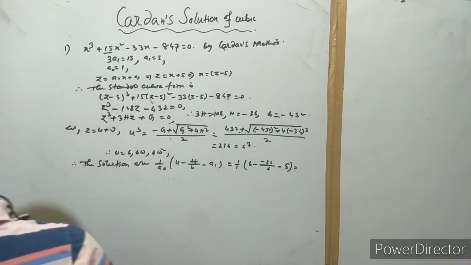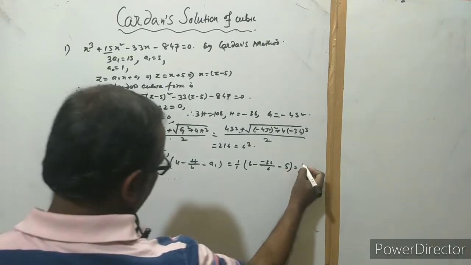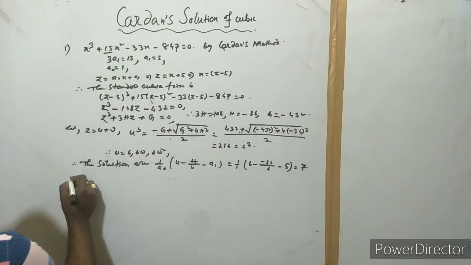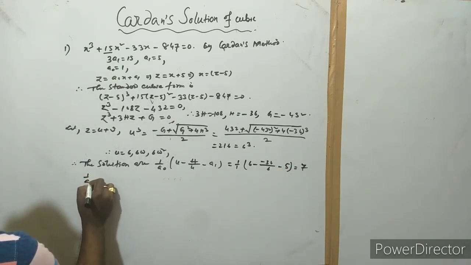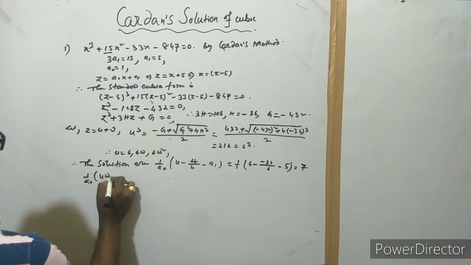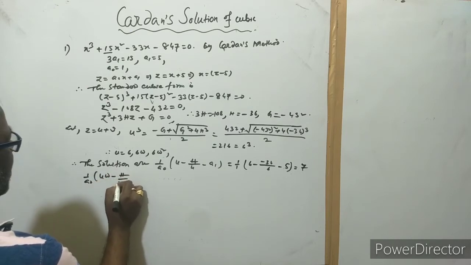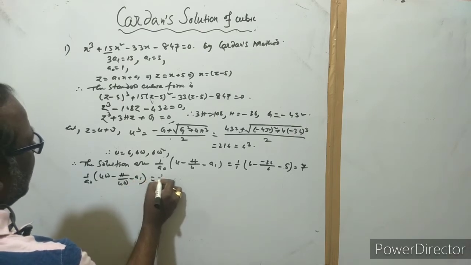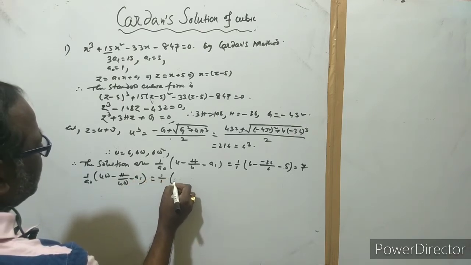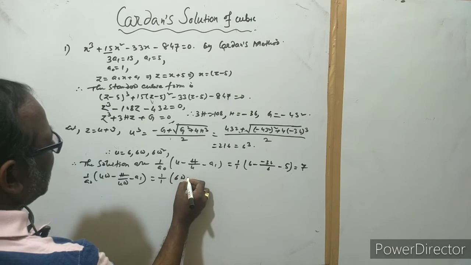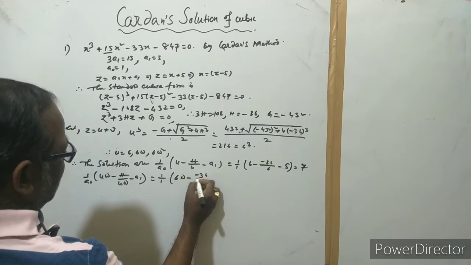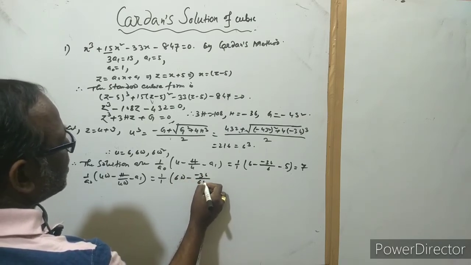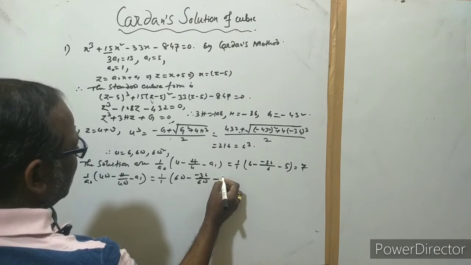Then we get the answer 7. And the next is 1 by a0 times (u omega minus h by u omega minus a1). This is 1, this is 6 omega, minus 36 by 6 omega, a1 is 5,